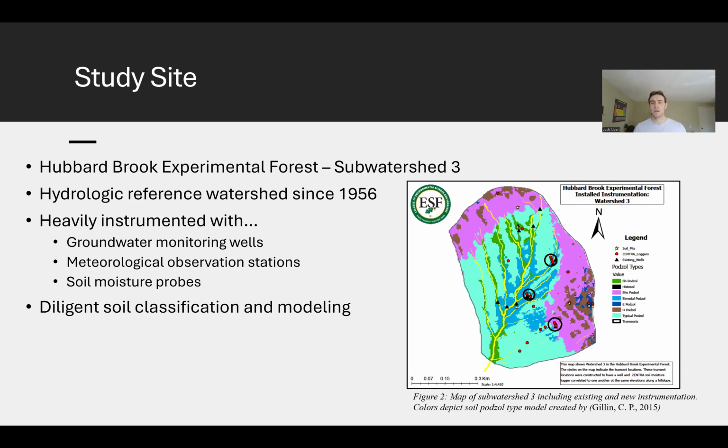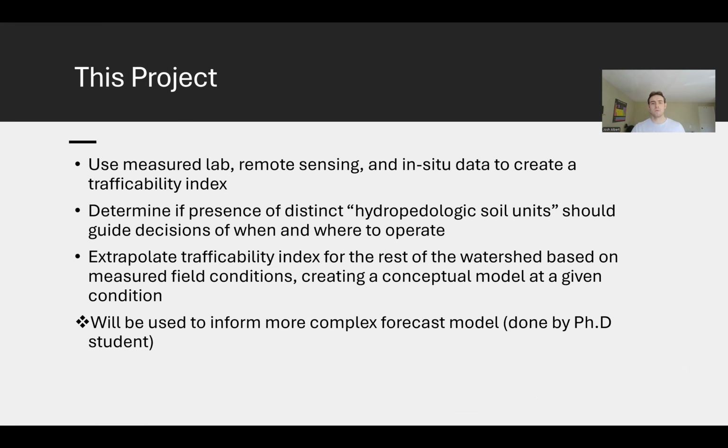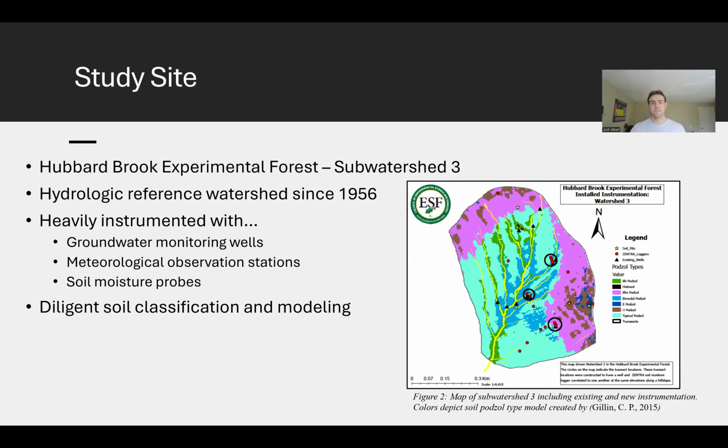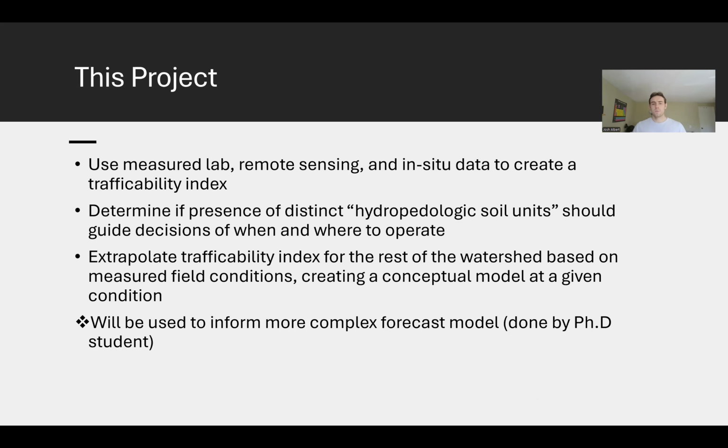And so the main aspect of this project will be to use this measured data that we have, remote sensing data from other people, and field data to create a trafficability index at transects, as you can see in this image, denoted by the black circles. And so once we can gather all this data, we can determine if these hydropedological soil units or just soil units, as a more general term,